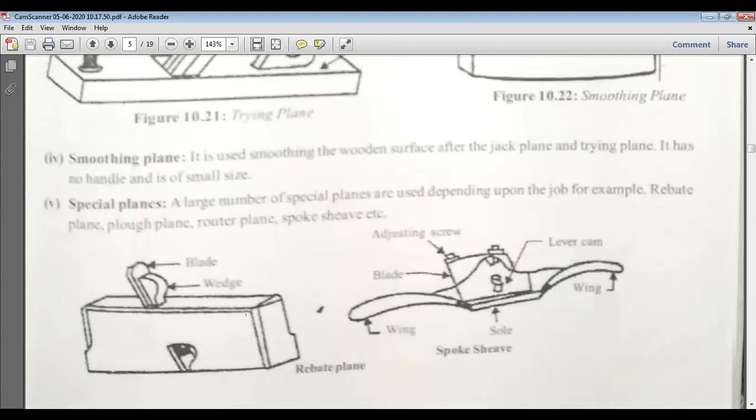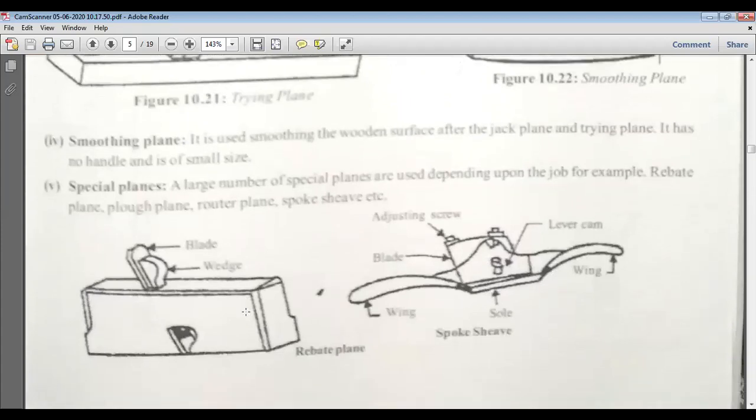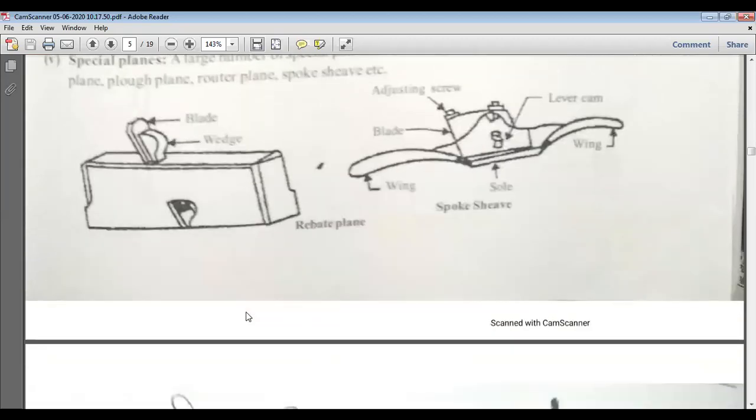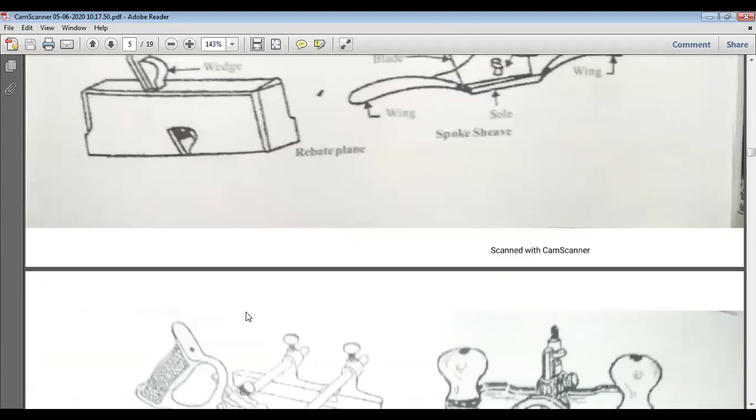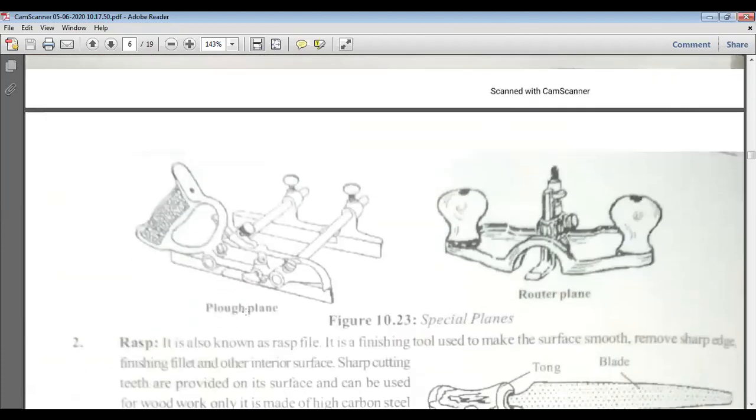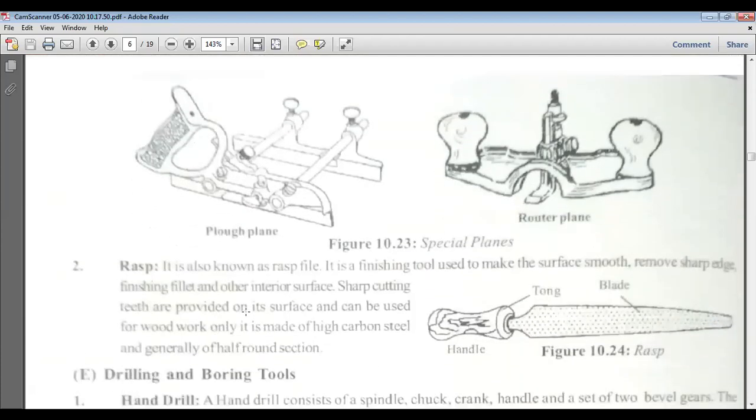Special planes are used to give different types of shapes rather than plain surfaces. So these are different types of planes: flow plane, router plane. Then we have rasp.